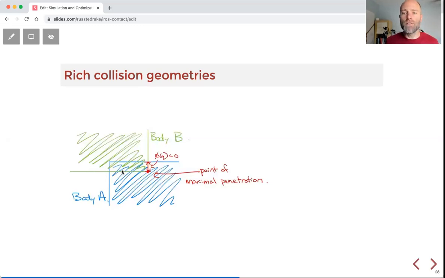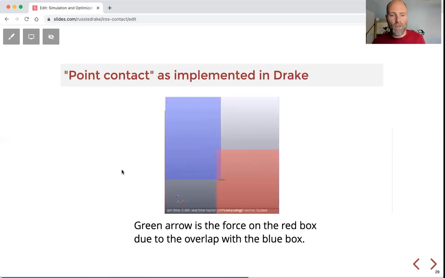And if my algorithm is at all sensitive, or if there are multiple solutions or anything like this, if I get inconsistent choices between frames, then I can suddenly have very large contact forces and potentially exploding robots. Okay, so here's just a simulation that I'll use to build up the particular point contact model we use